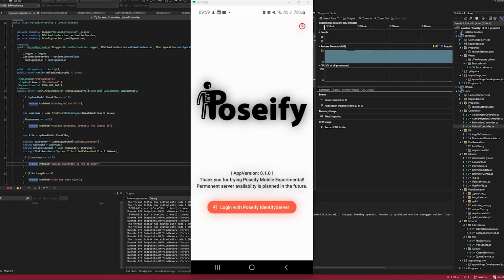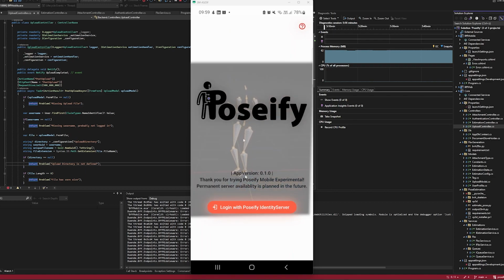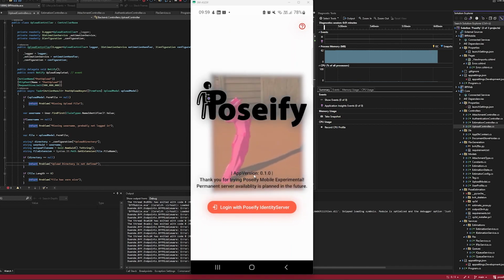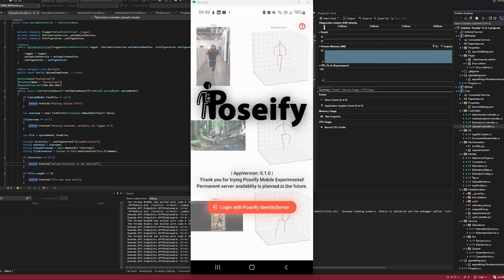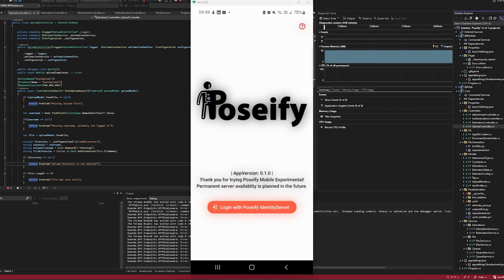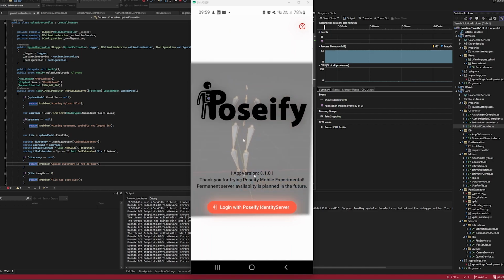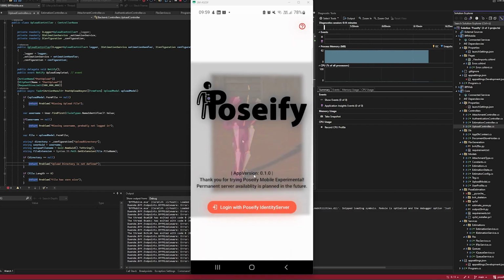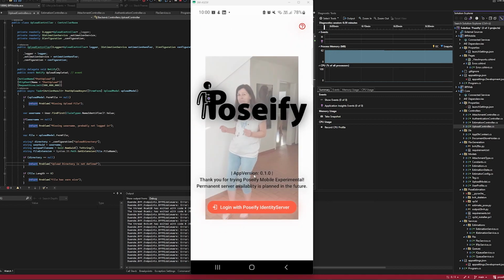This technical demo will be based on version 0.1.1. This will also be updated here in the app after this video has been released. So if you go check the GitHub page, version 0.1.1 should be released for both Poseify Mobile and Poseify. In this video, we're going to make a technical walkthrough of the app. The goal of this technical demo is to give a quick insight into the environment and into the mobile app